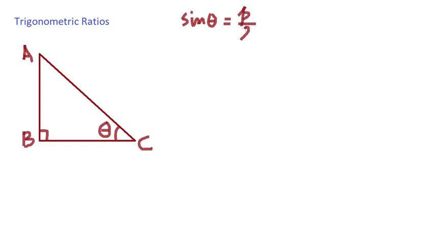by H. So if you have gone through the last video, you will know what P is with respect to this angle theta. We had seen there that P, that is perpendicular with respect to any given angle, is the side opposite to that angle. So with respect to theta, P is the side opposite to theta, which is AB. So P will be AB and H, which is the hypotenuse, is the side opposite to the 90 degree angle, which is AC.